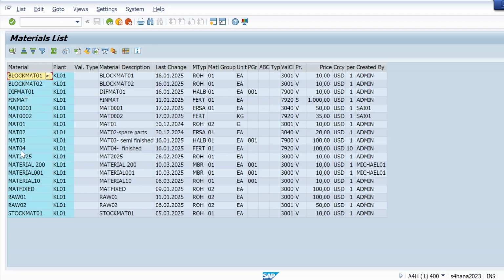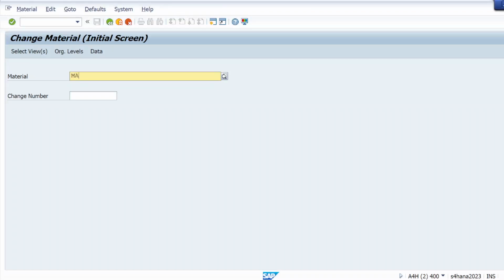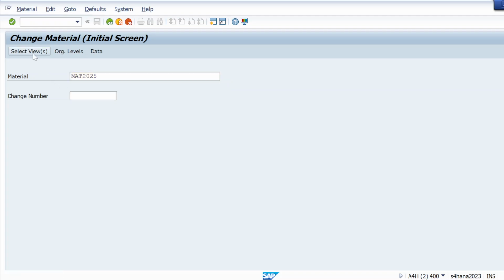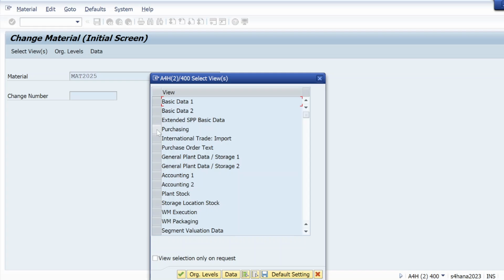Let me take any of these, this MAT 2025, and go to MM02. Let me directly select purchasing view because I need to select the automatic PO checkbox in purchasing view itself.